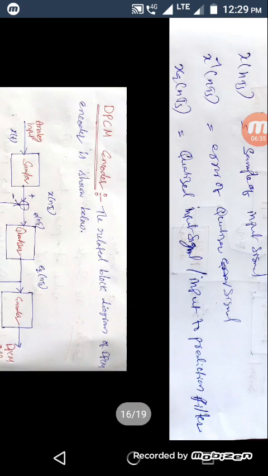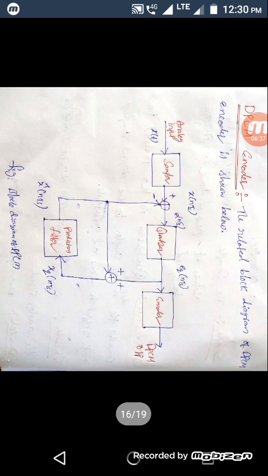Here x(nTs) equals the sample of the input signal, the sample of x(t). The analog input x(t) will be converted to x(nTs). That means the analog information is converted into the form of a sampled signal, indicated by x(nTs). Next, when we apply the error, that will be indicated by e(nTs). That means it is the error of the input signal.